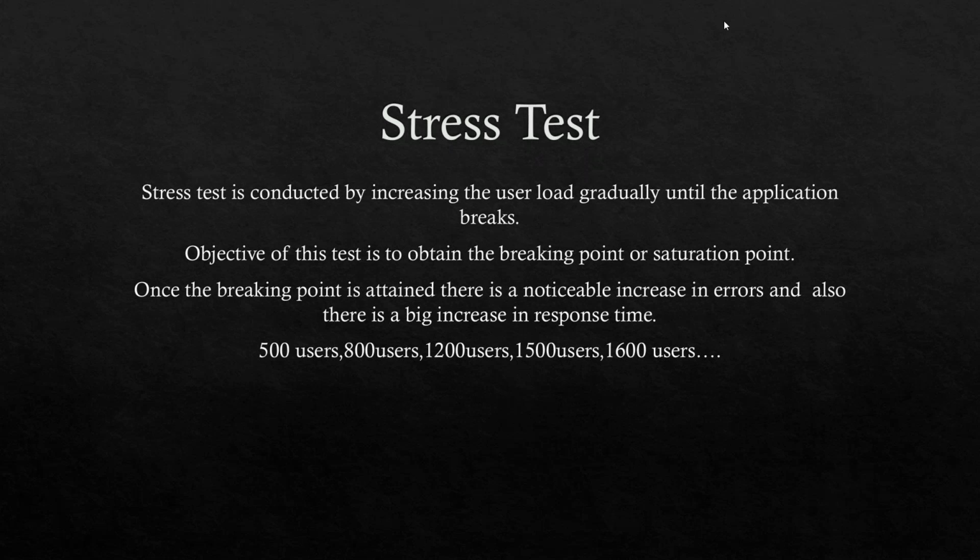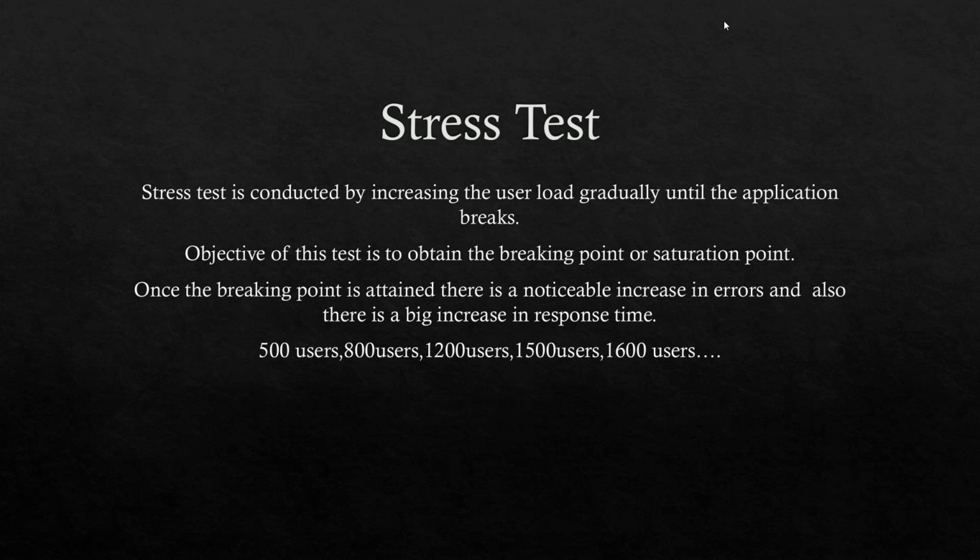Now let's say I added another 400. Now there are 1000 users. With these 1000 users, the servers are still responding, but there's a slight delay. Instead of the pages loading in 2 seconds earlier, now because of the huge load, the pages are loading in, let's say, 20 or 30 seconds, or in fact 1 minute, because the number of users increased by 5 times. Now let's say the number of users is increased to 1500.